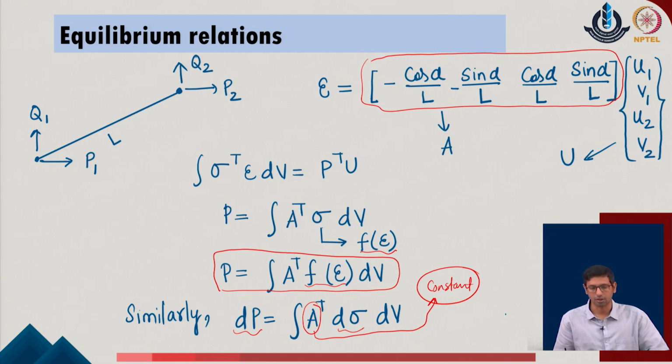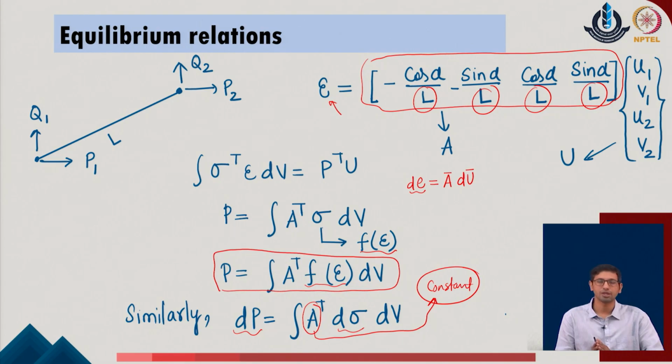Also, to make one clarification over here, the general expression of the A parameter which was defined in the previous relationship was defined with respect to the change in the length of the given system. So, d of e was defined as A bar into d u bar in the given system. So, when we define the change in length, now we are representing this with the strain parameter. So, there is a factor of the length parameter which has appeared in the given system, which was not there earlier. The idea of the A vector is still the same, but the expression we are using over here also has a factor of L in the given system.